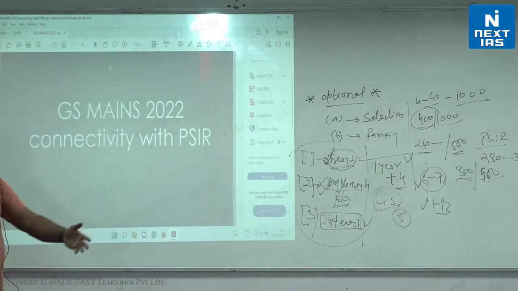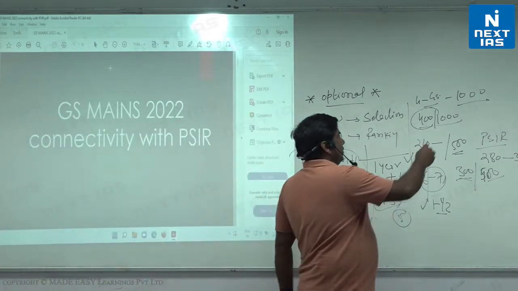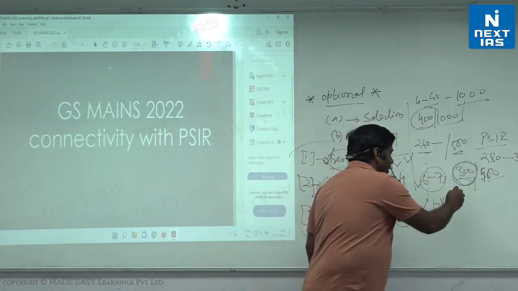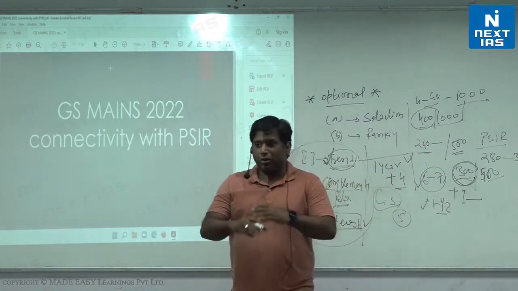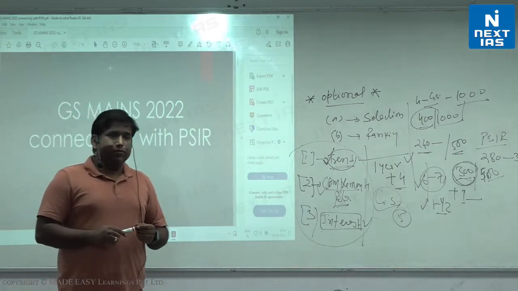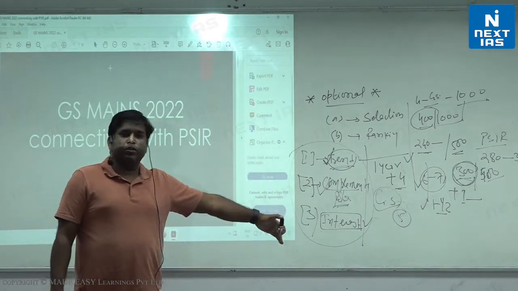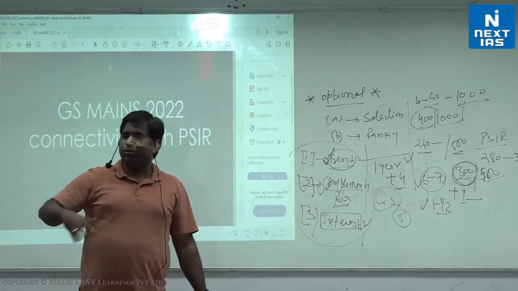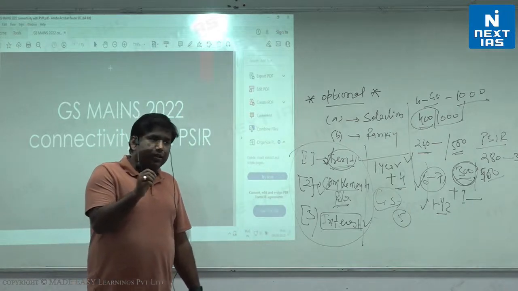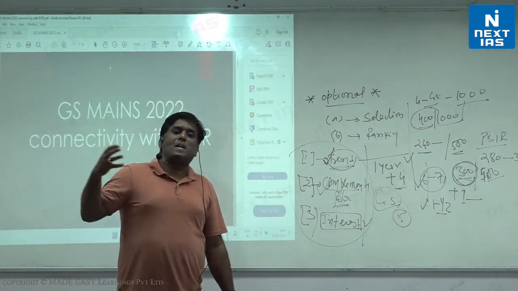Now, as I was talking about the role of this optional, sometimes this mark, plus your interview mark, makes you get in. I know a lot of people. One of my students, his name was Abhishek, an IAS aspirant. That guy was poorly prepared, but still anyhow he had written. But in the optional subject, he scored 317, plus his interview was around 178. He's in. Although he became IRS, he is in the service. So sometimes it becomes a savior when you are not well prepared for your general studies.